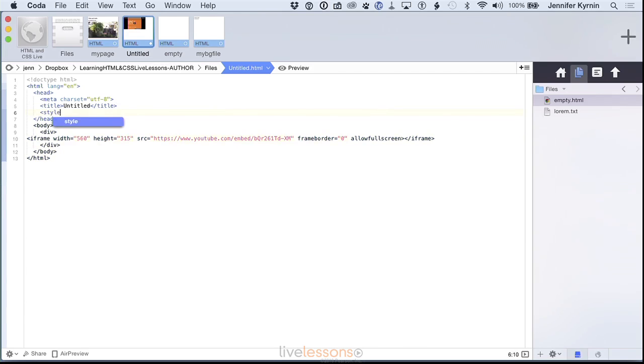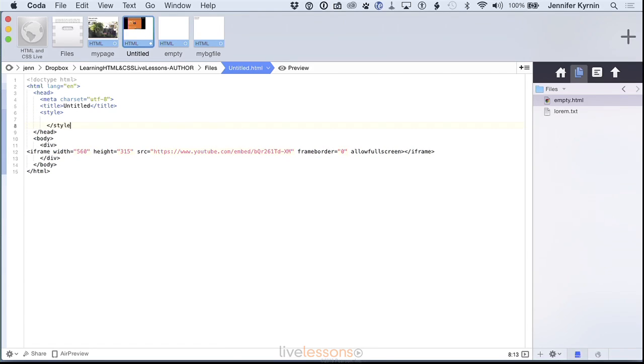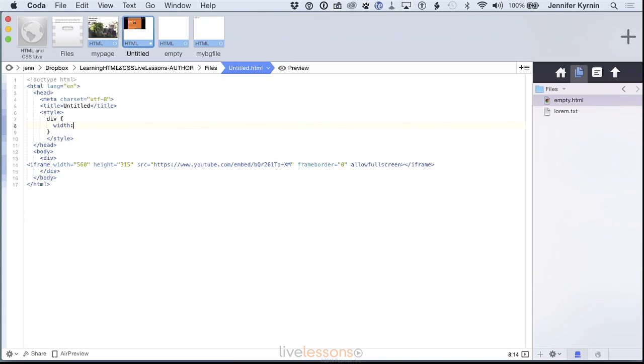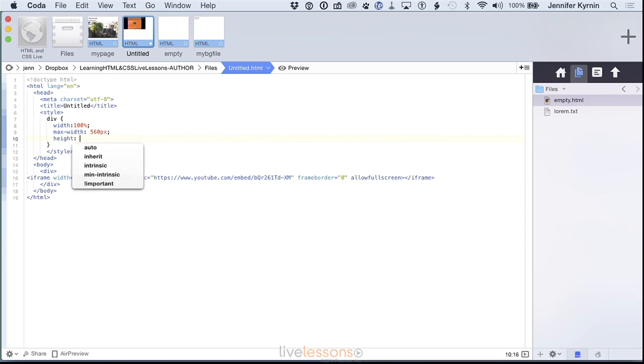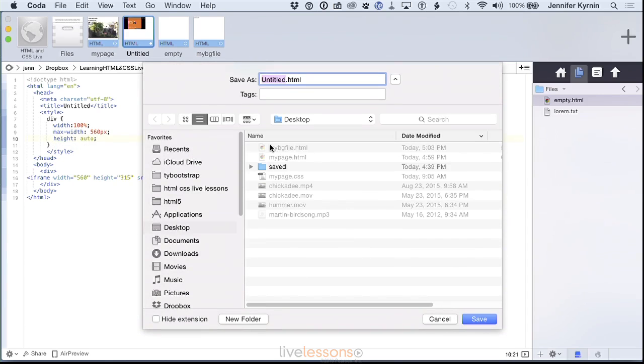So I'm going to add a style sheet. And I'm going to style my div to be width 100% and max width of the maximum width should be the width of the video itself. Now the iframe has a width of 560, so you should not have a max width of larger than the iframe that YouTube is sending. So we want to have a max width of 560 pixels, and then you want to set the height to auto. And we'll save this as my YouTube